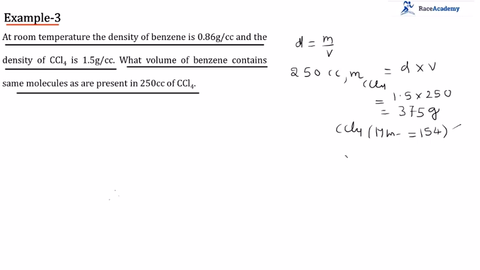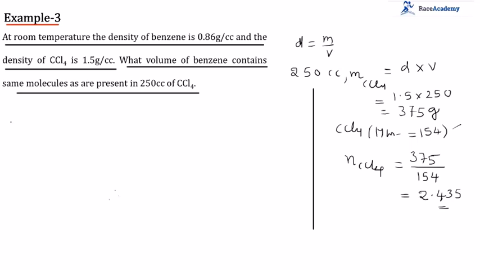Then what is the number of moles of carbon tetrachloride? The number of moles is equal to mass 375 by molar mass of carbon tetrachloride, 154. So 375 by 154 will become equal to 2.435. So this is the number of moles of carbon tetrachloride present in the solution. Now from this we can understand one thing: the mass of these 2.435 moles of benzene